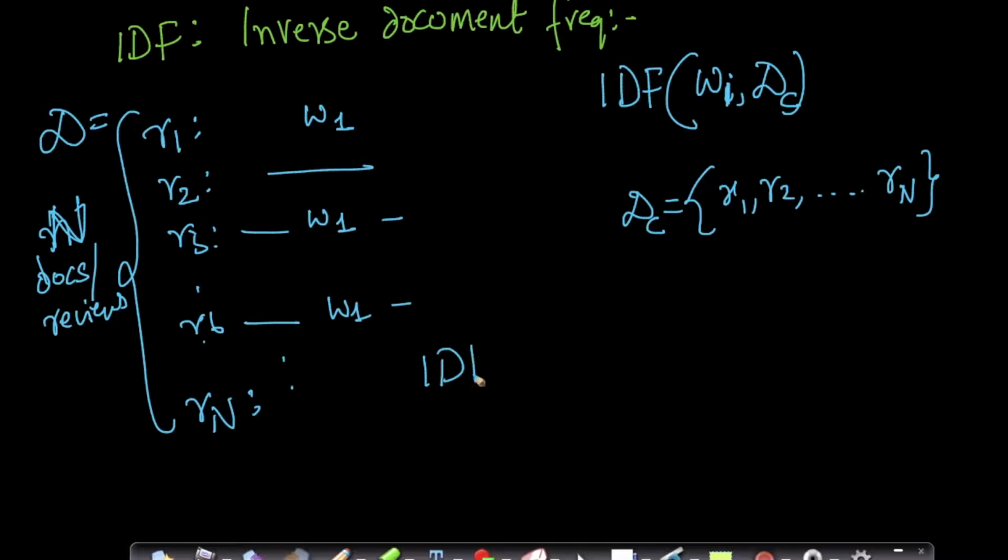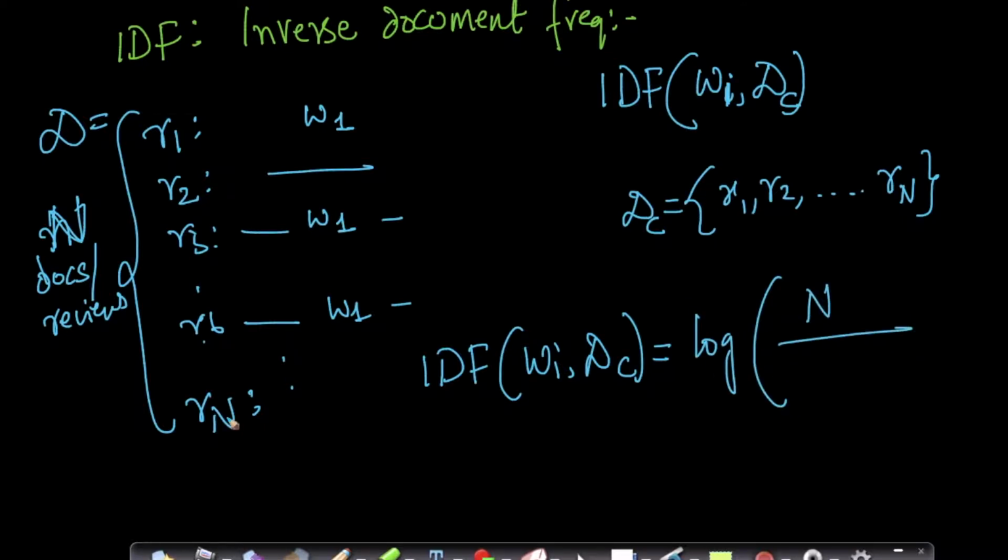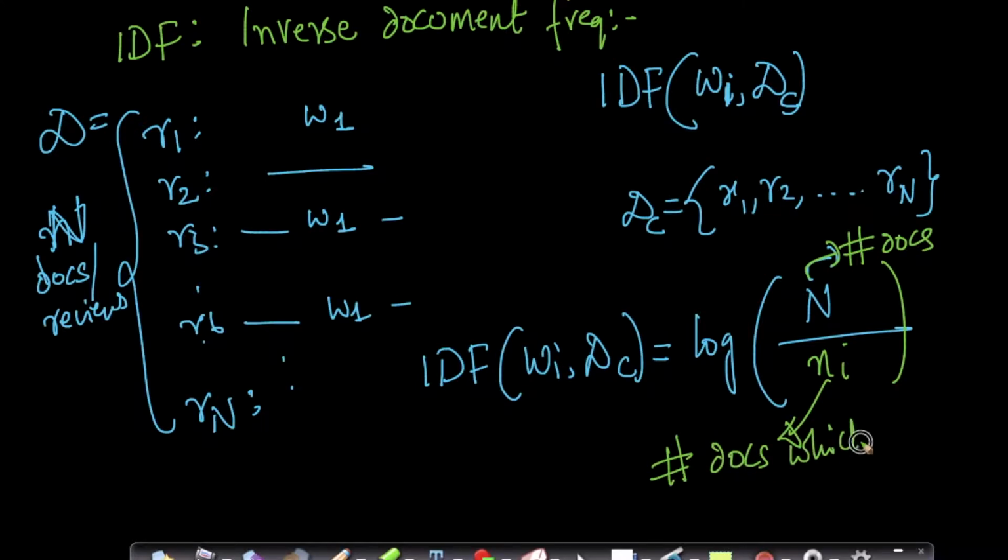So IDF of any word WI in a data corpus DC is log of N divided by small ni. Here N is the number of documents, and what is ni here? ni is the number of documents which contain